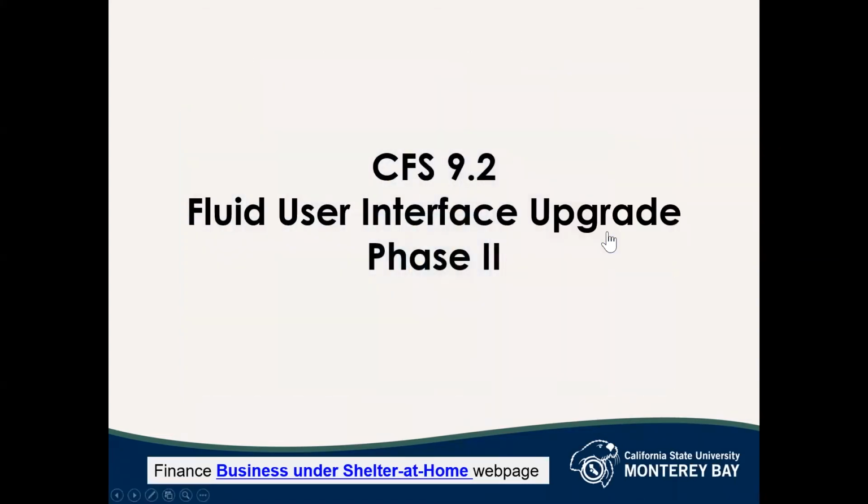So, any questions on Docusign before we go into the next topic? Okay, so let me see here. Does Docusign have to be used for finance documents? Sometimes we have documents that need to be signed, but don't need to go to finance afterward. So all of the VPs have agreed to utilizing this within their divisions for things that are not finance related. We're presenting this from a finance perspective. So this is a way for you to get signatures and route documents to us that we would just do through paper processing.